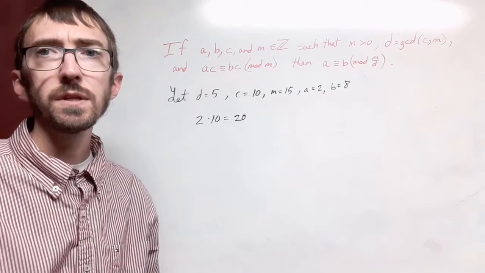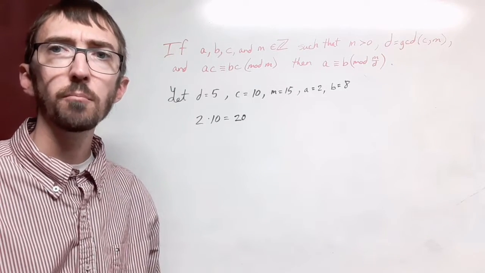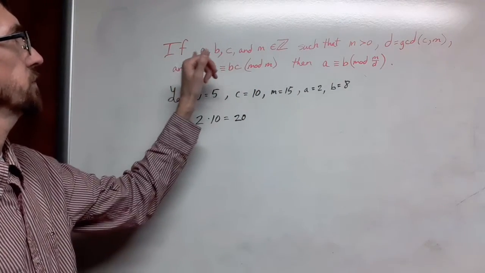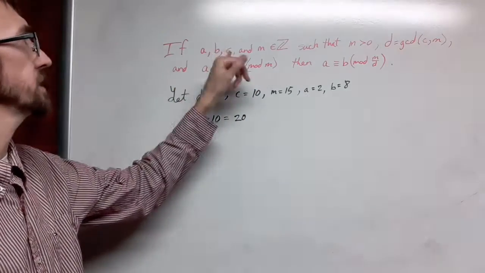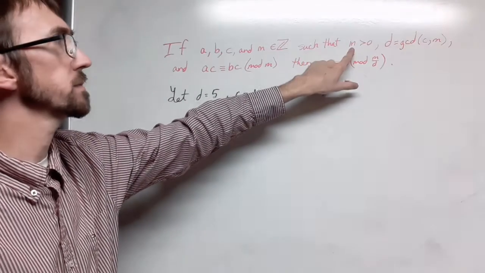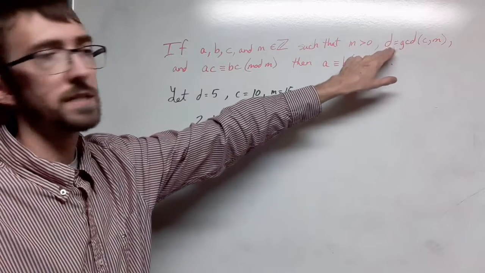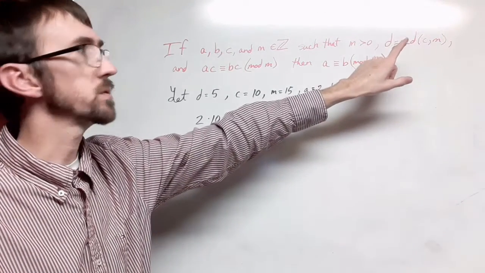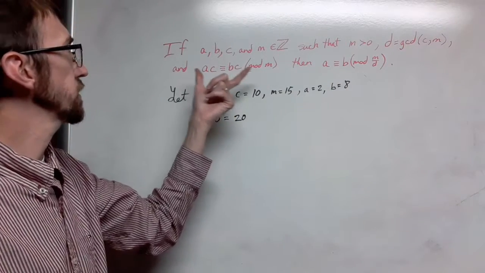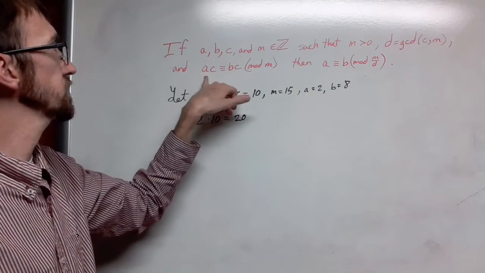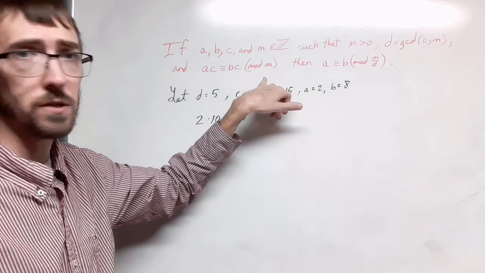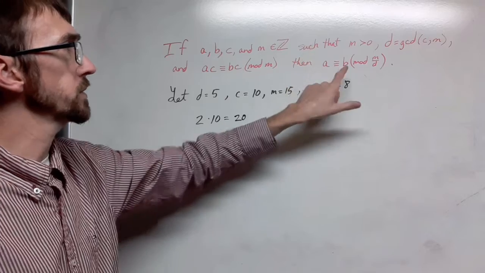All right, I'm going to look at a theorem that pertains to modular arithmetic. This particular theorem says that if we have integers a, b, c, and m, where m must strictly be larger than 0, and we define d as the greatest common divisor of the integers c and m, and also that we have some product that is congruent to another product under the modulus m,